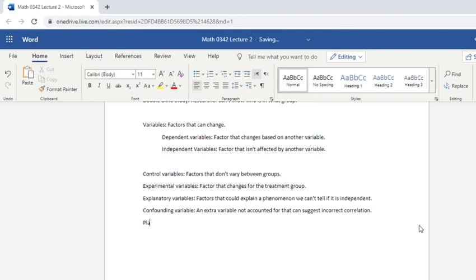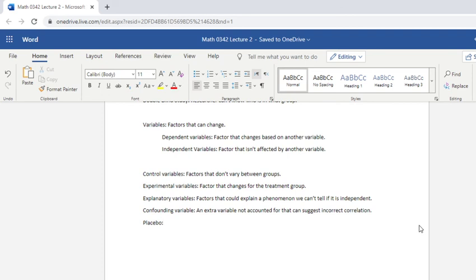Last, we have the placebo. So remember that in any study that we do, we don't want the treatment group and the control group to know that they're in a particular group. So we don't want that person that's in the treatment group to know they're in the treatment group. One reason is because of the placebo effect. So if you have a person and you give them a pill and you say that it does a particular thing, they're going to tend towards believing that, and they will start to see